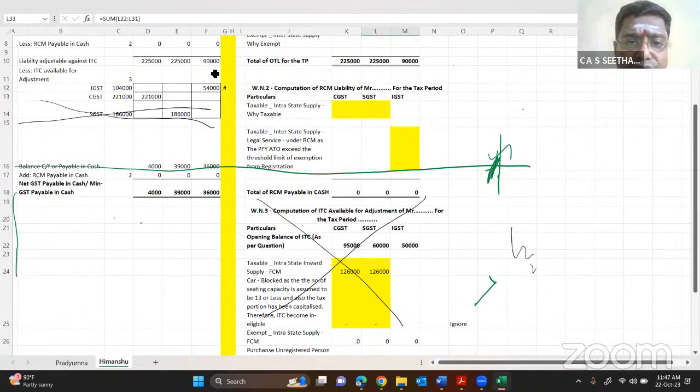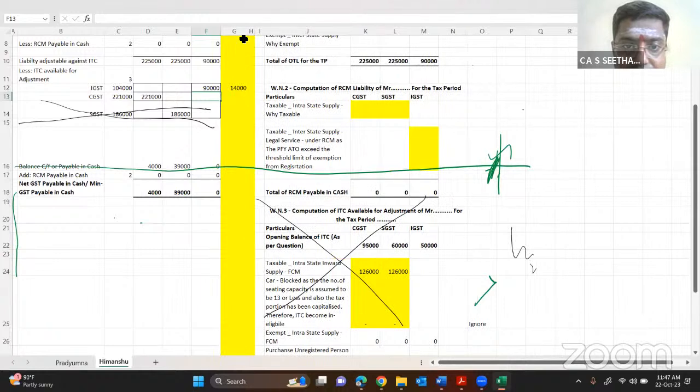My dear, it is 1,04,000. I'm sorry. Of which only 90,000 is to be taken. So we have some excess portion coming over here. So 14,000 is available. I corrected the opening balance immediately. Sir, how much is the balance I can adjust, sir?